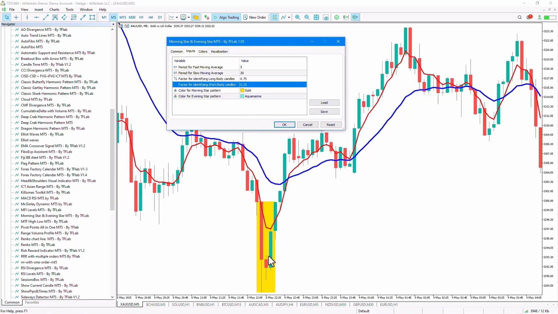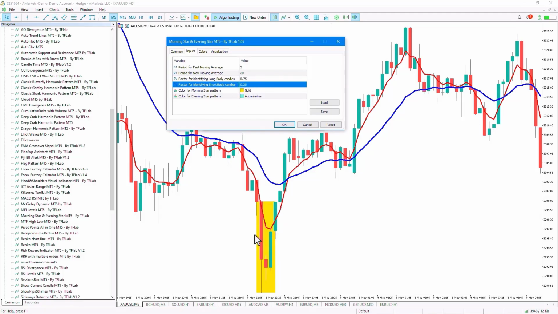The two factors considered for forming the candlestick pattern are based on the ATR, and here a coefficient of 0.75 ATR has been used. Our first candlestick must be a bearish candle and larger than 0.75 ATR. The color of our second candlestick doesn't matter, whether it's bullish or bearish, and our third candlestick must be a bullish candle and its size should be greater than 0.75 ATR. In the next part, for our second candlestick, it must be less than 0.25 ATR